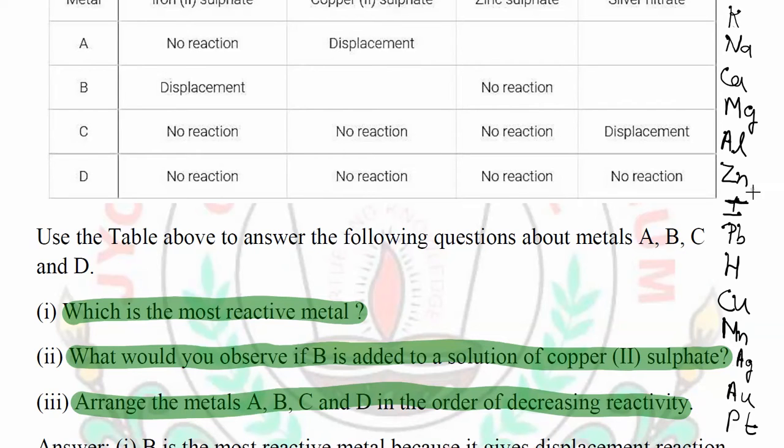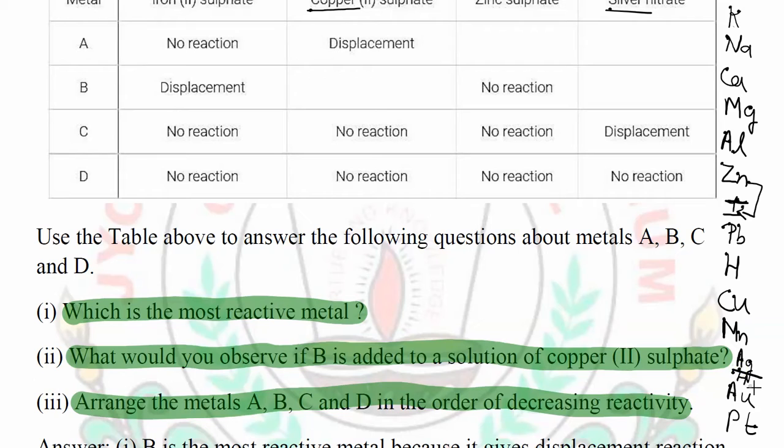the zinc here. Iron is present below the zinc here. So the metal which is displacing the zinc sulfate here is the most reactive metal. So the displacement has occurred in the case of zinc sulfate. No, in none of the cases will we see that zinc has been displaced there, but the iron has been displaced there. So iron has been displaced by whom? Iron has been displaced by metal B, and the other two metals, that is copper and silver, are both present below the iron. Okay, they both are present below the iron.